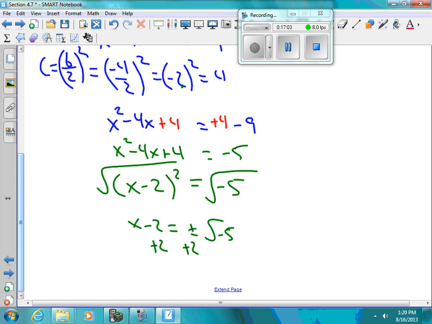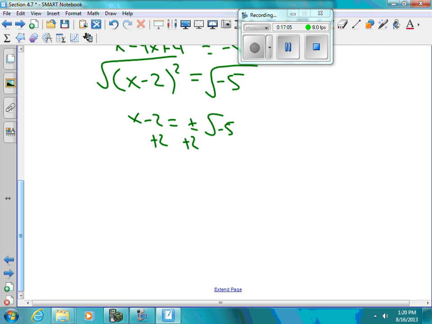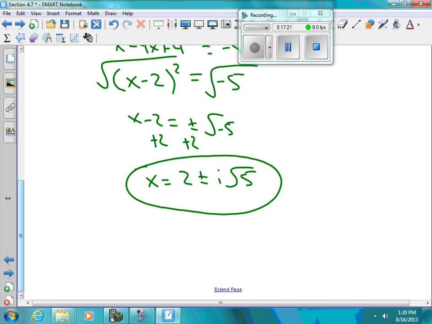Can't take the square root of negative 5, so we have to rewrite it as an imaginary number. Okay, we're going to perform some math surgery here. We're going to pull the i out in front and make that a positive 5. Didn't hurt at all, did it? So plug that back into your calculator, plug it back into the problem, check to make sure it works. I'm going to leave that for you. Okay, so that's solving